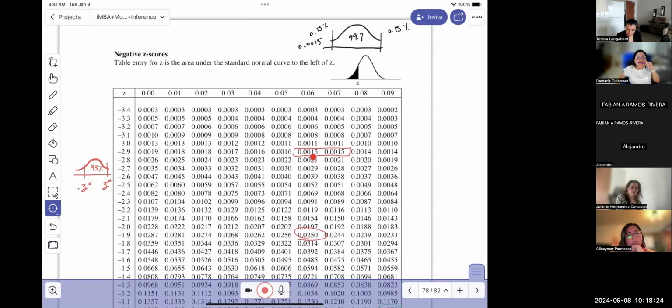Two alternatives inside the table, I see that it's between negative 2.96 and negative 2.97, right? So this is negative 2.96 and negative 2.97. So in that case, using the Z table,